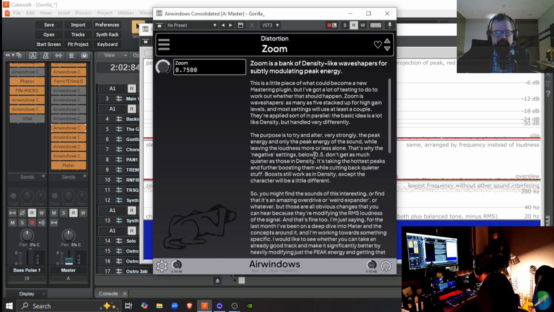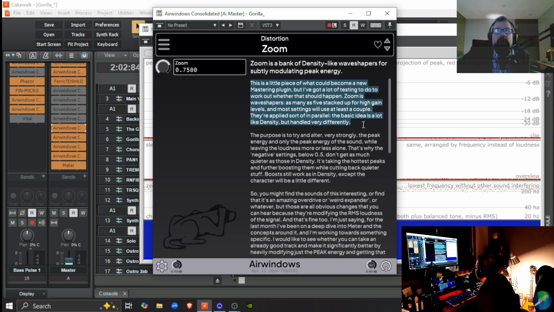I often don't understand the technical details of his writing, but he usually dumbs it down for people like me towards the end of his blurbs, his little essays here. I'll just read the first paragraph. This is a little piece of what could become a new mastering plugin, but I've got a lot of testing to do to work out whether that should happen.